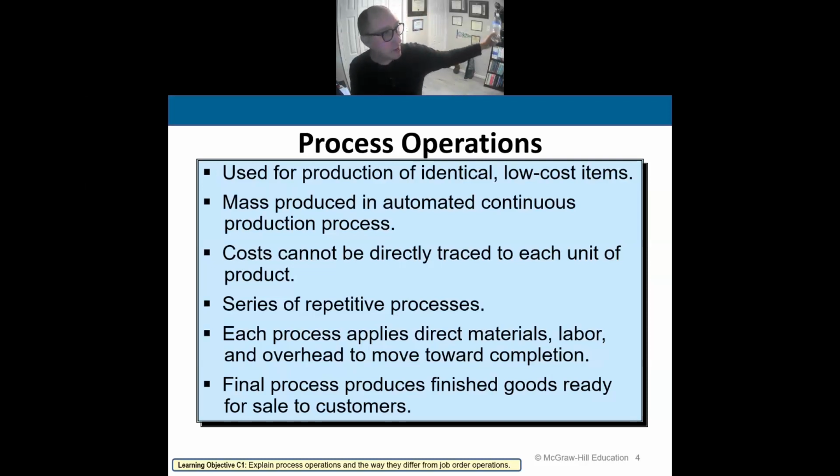So as you see, at each stage we're applying more materials, labor, and overhead as it moves toward the completion of being a finished bottle of water ready to be sold to a customer. That's process costing. We're adding more cost at each stage as it moves toward becoming a finished good,